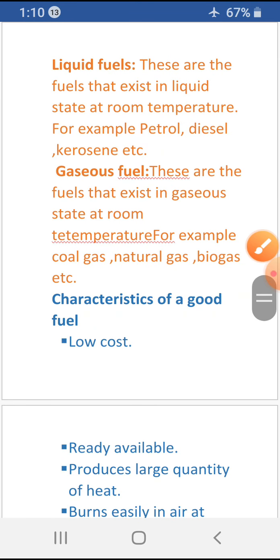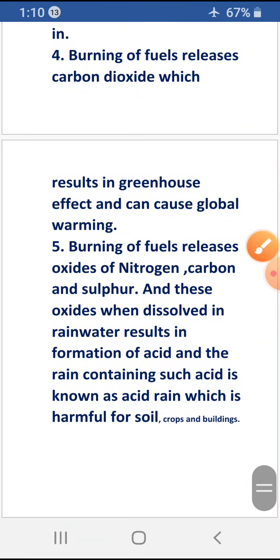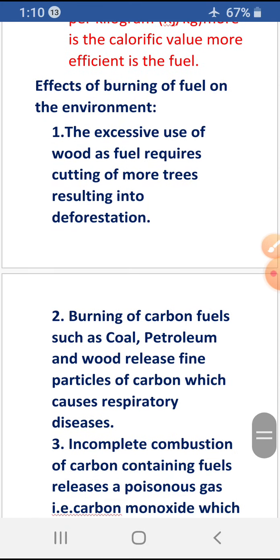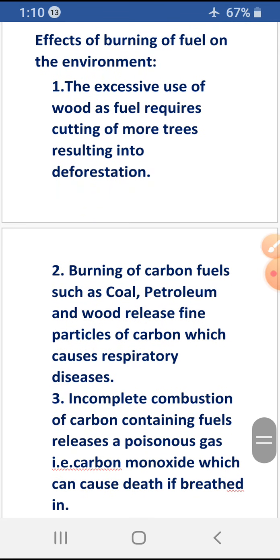Next is effects of burning of fuel on the environment. We are using fuel in our daily life. Of course, we are burning it, whether at our home, in vehicles, or in industries. And whenever we burn fuel, the following effects are there on our environment. First of all, first point,